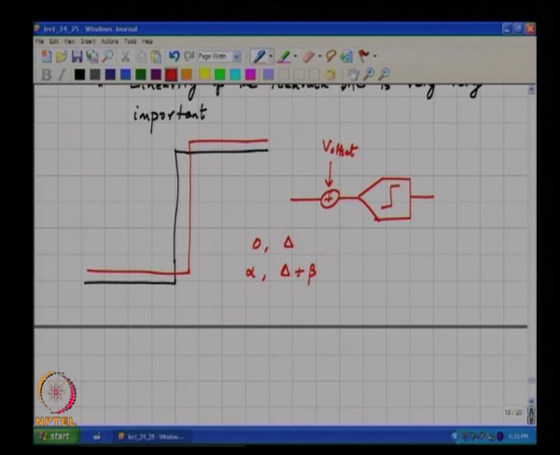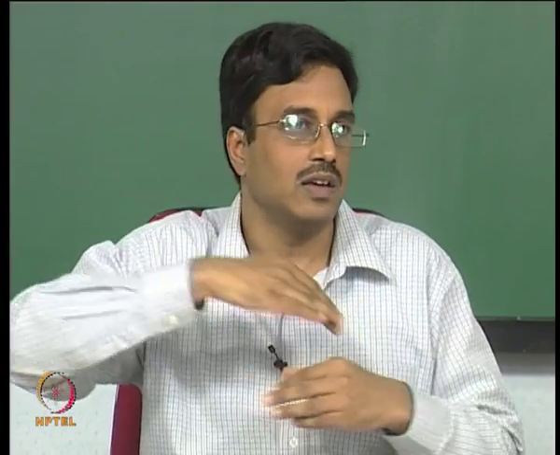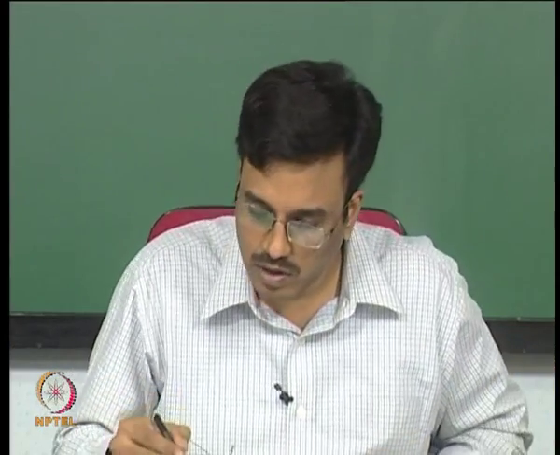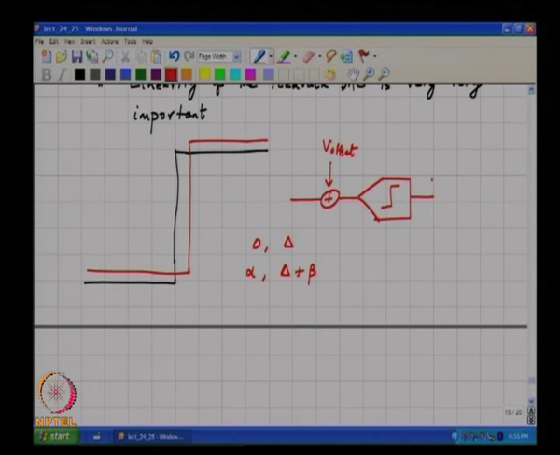So, what can this be modeled as? Offset and gain error. Between any 2 points you can draw a straight line, right. That straight line may not have a slope of 1 and will not pass through the origin, but it is a straight line nevertheless. So, you have the D to A